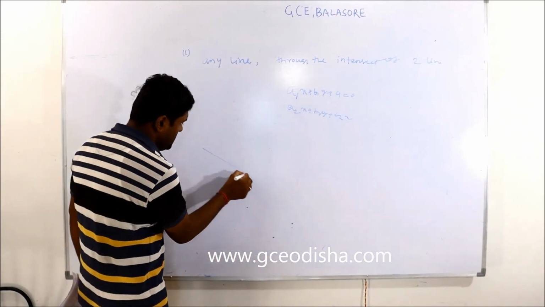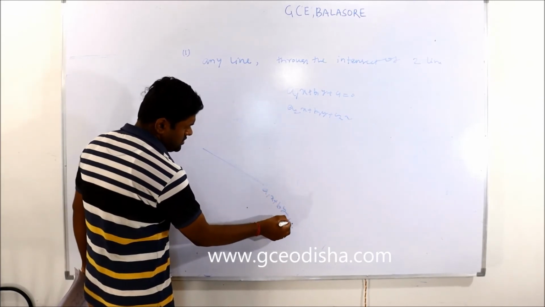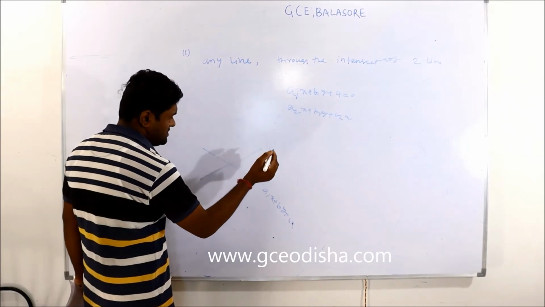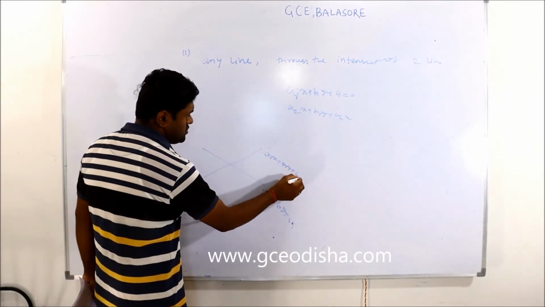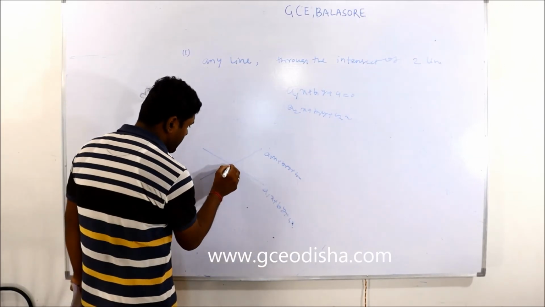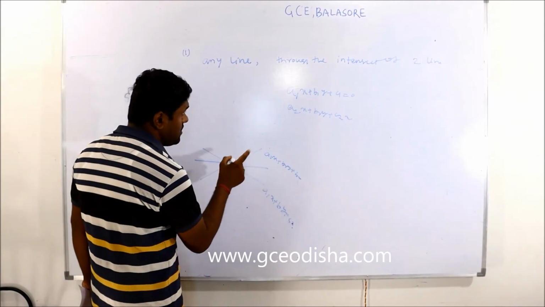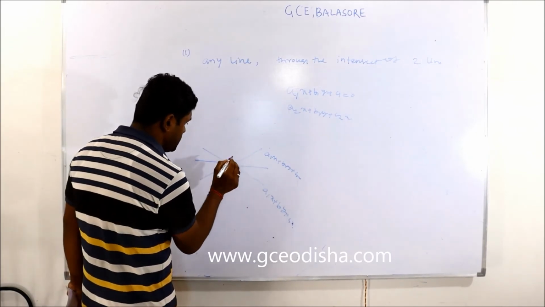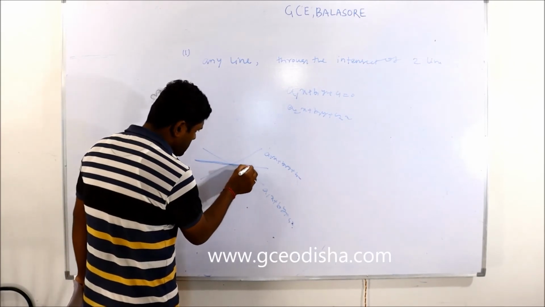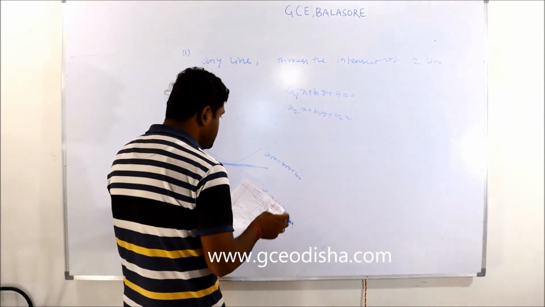Like one line is here, a1x plus b1y plus c1 is equal to 0, another line is here, a2x plus b2y plus c2 is equal to 0. And they tell you to find the line passing through this. Okay, any line through the intersection of two lines. This is the intersection of two lines, and any line through this point, what is the equation of the line? Just simply